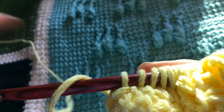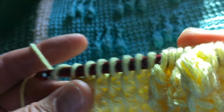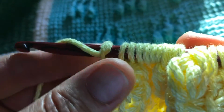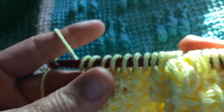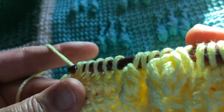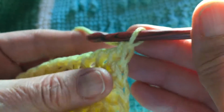Okay, so that's the first half of row 1 of the cluster series. The second half is your normal yarn over, draw through 2 all the way across after your initial. Okay, now for row 2,